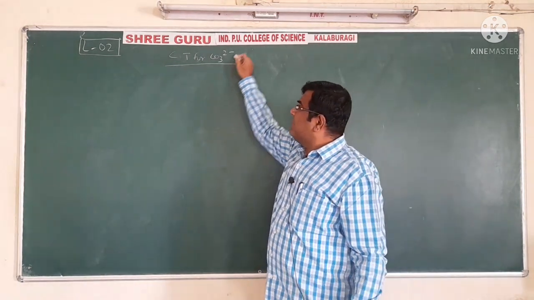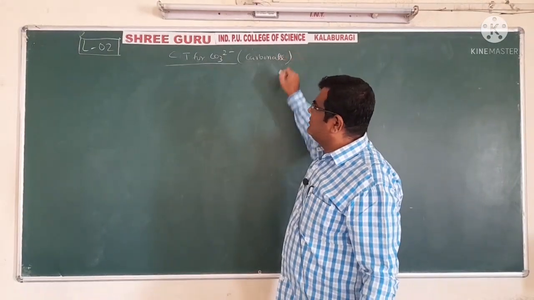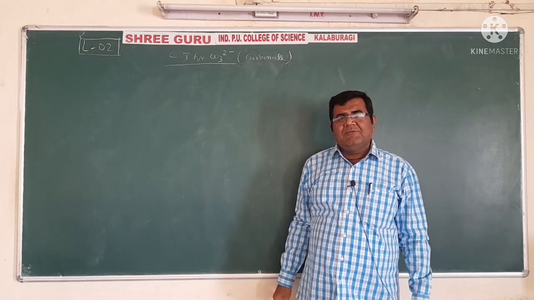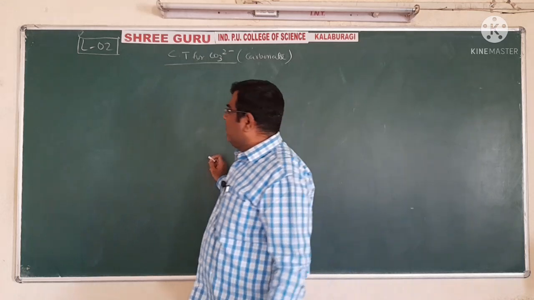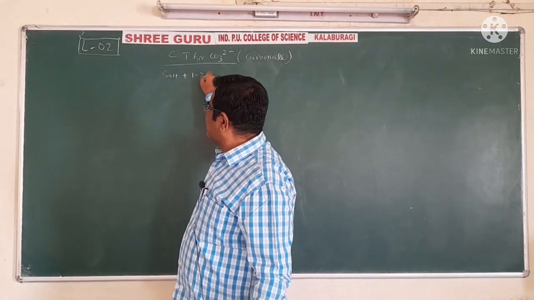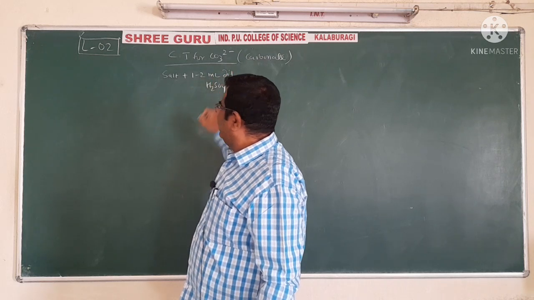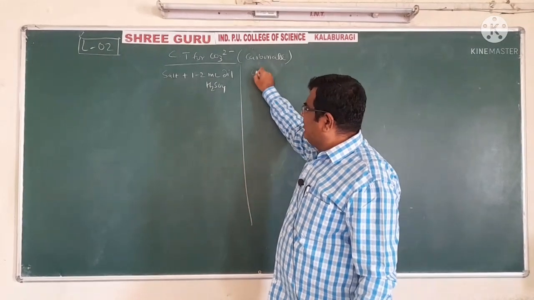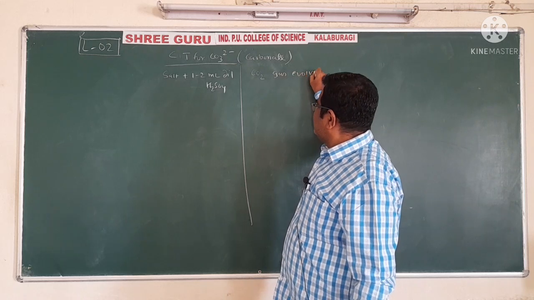We should know its name also. It is called carbonate, because many times students are unable to tell the names if they have not practiced sufficiently. So it is carbonate, CT for carbonate. What do I have to do for CT for carbonate? We have to take salt plus 1 to 2 milliliter dilute H2SO4. And what will happen now? In observation, we write carbon dioxide gas evolves